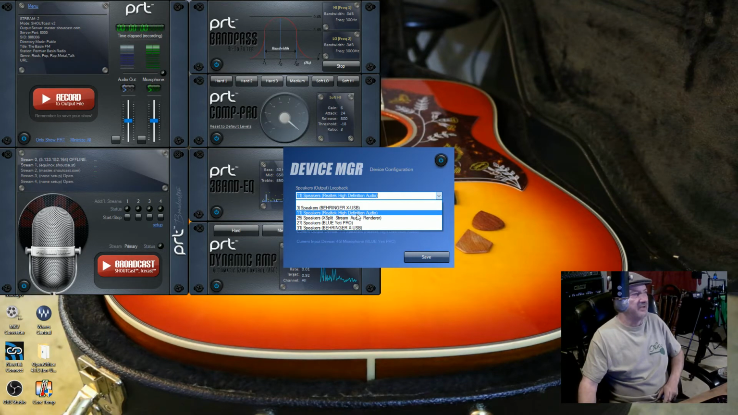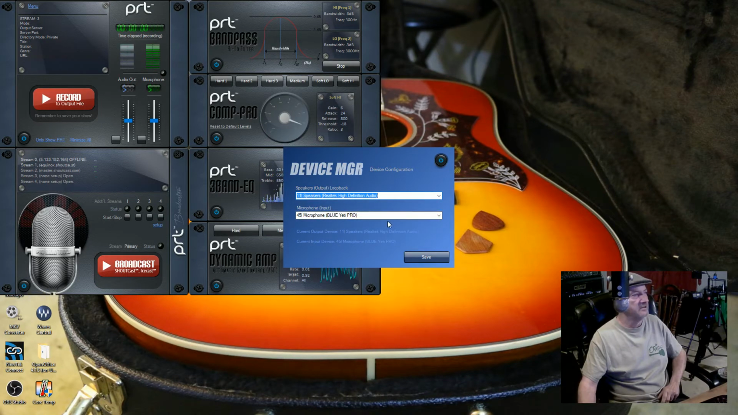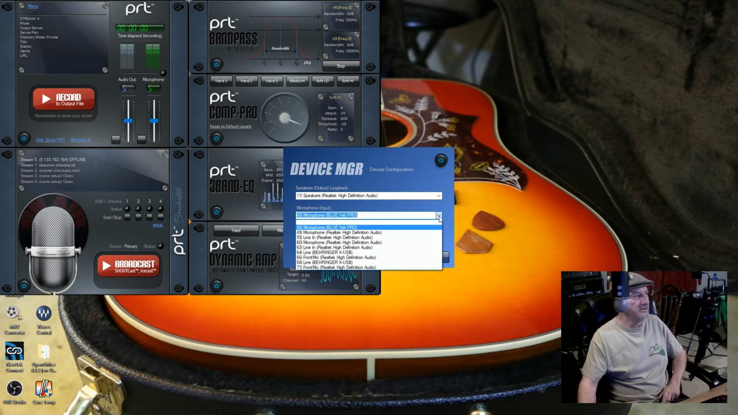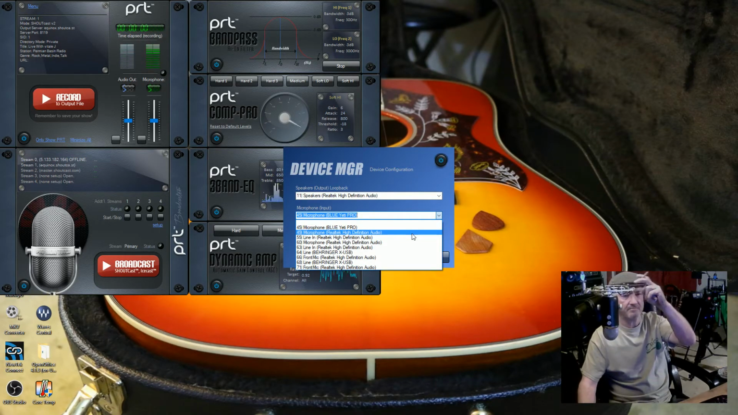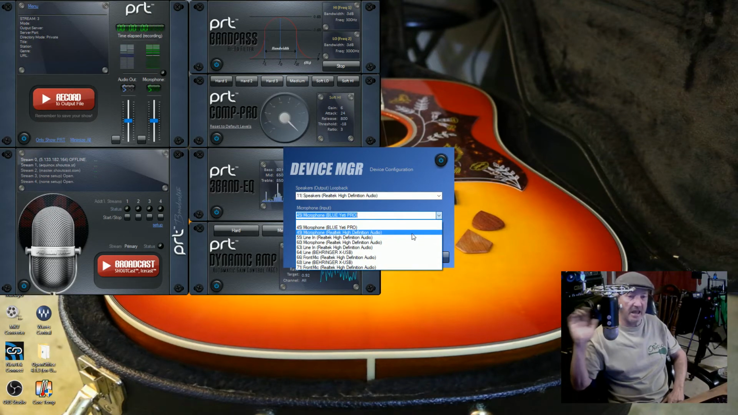That's the Realtek High Definition Audio, so I would select that, and then you would go down to your microphone input, and again, for most of you, it would be your default input, whatever your system uses, but I'm using the Blue Yeti Pro, not the Blue Yeti. It actually has a built-in USB audio interface and a jack for your headphones and everything else. I could actually use this and not use the computer at all, but